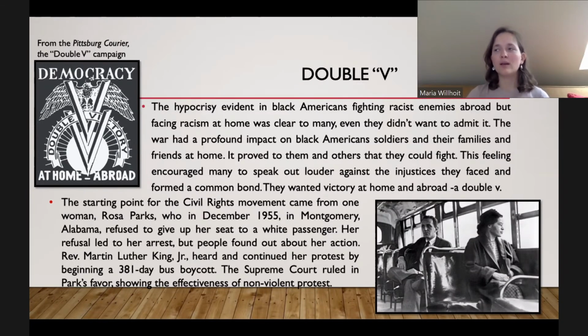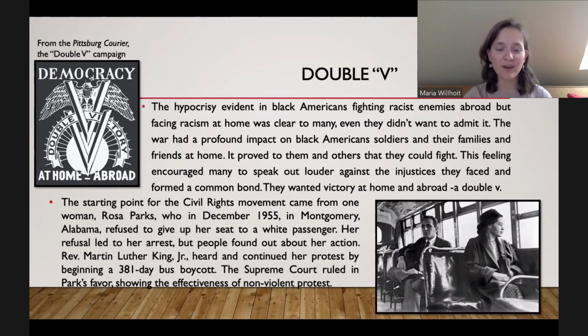It's well known among African Americans at home. They learn about her and her protests. And it's a very simple action, but it turns into a much bigger campaign. Reverend Martin Luther King decides, you know what? In response to Rosa Parks and to support her, we're going to have a big bus boycott. We African Americans are not going to use the bus. We're going to walk, we're going to carpool, we're not going to use the buses.